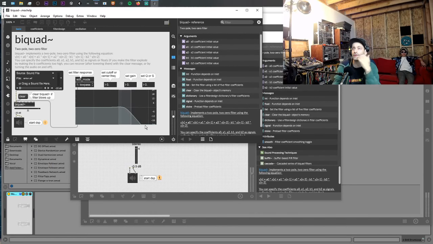And boom, we get a whole other help window to teach us about this. Oh, it's a 2-pole 2-zero filter. Implements a 2-pole 2-zero filter using the following equation. Maybe too much information. You can specify the coefficients. It's basically a complicated filter, right? It might do things the way that normal filters do. If we set it up right, it's showing us here that it looks kind of like a normal filter. It's in low pass mode, has cutoff, resonance, gain, these types of things, right? So